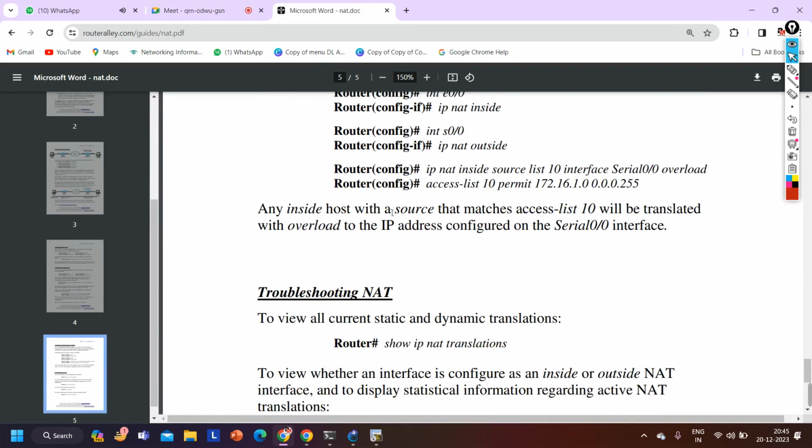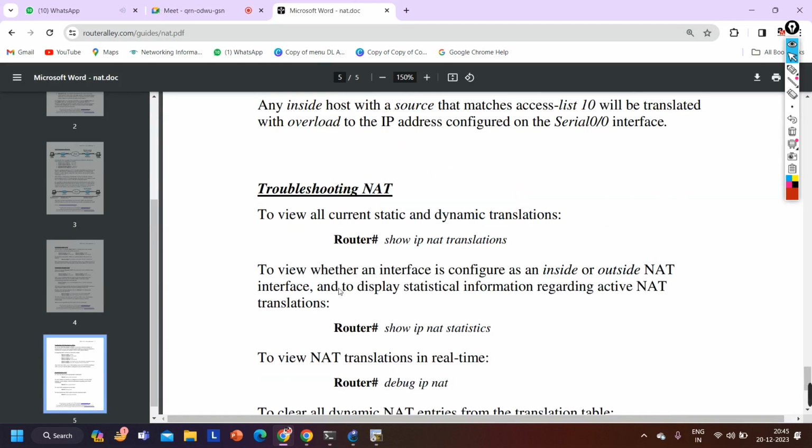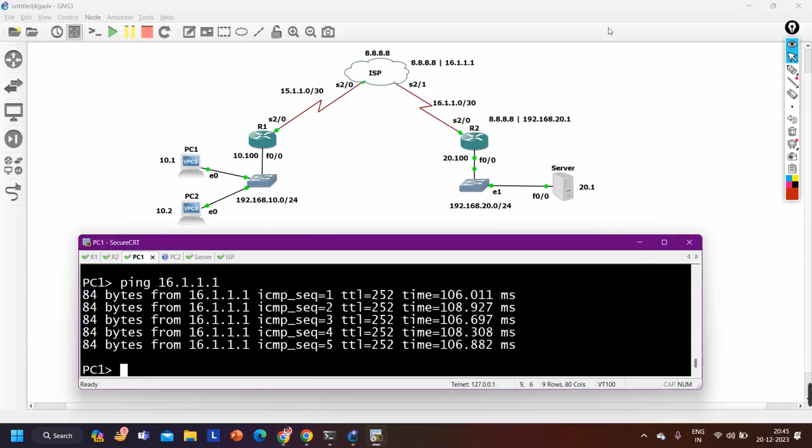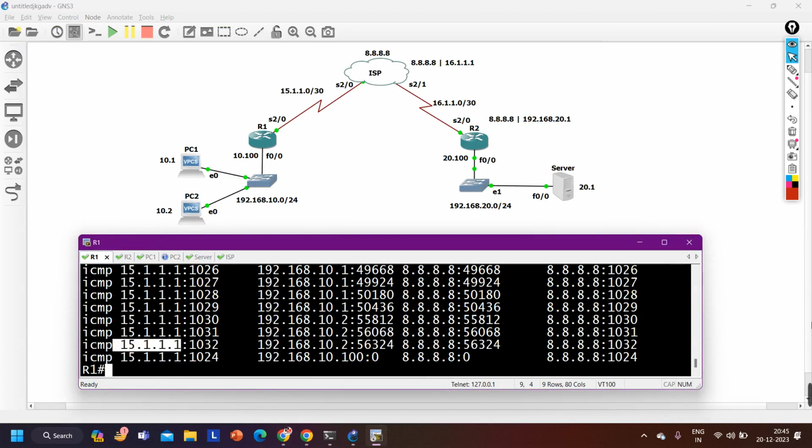Any PAT overload is there? Overloading of PAT. Overloading of PAT means, if you are trying to access with more and more clients, for each client it will assign one source port number and destination port number. According to that, R1 will perform translation